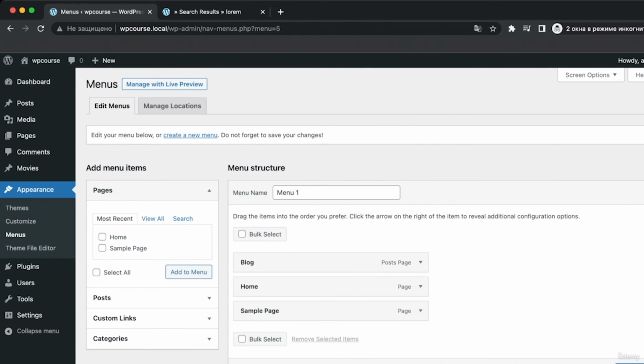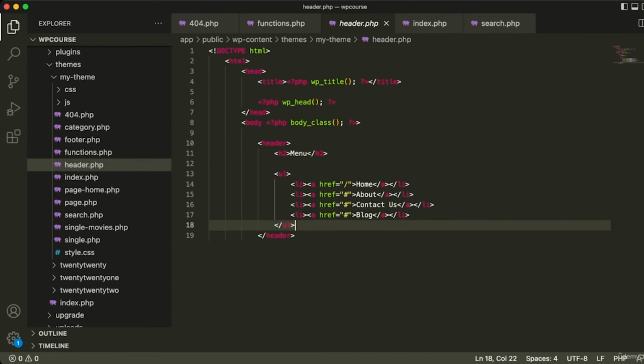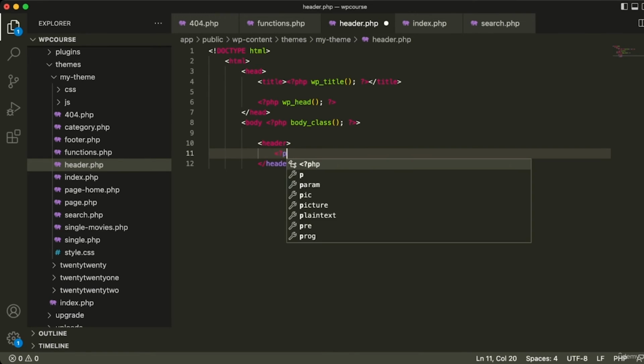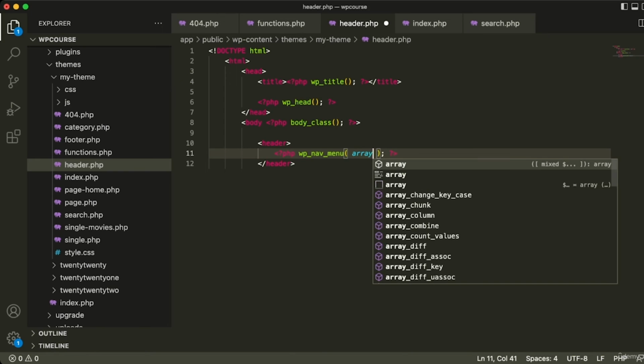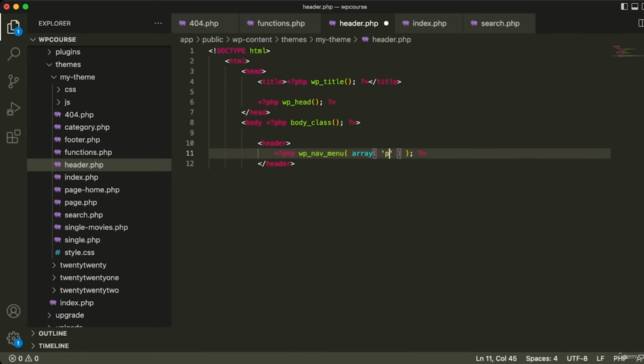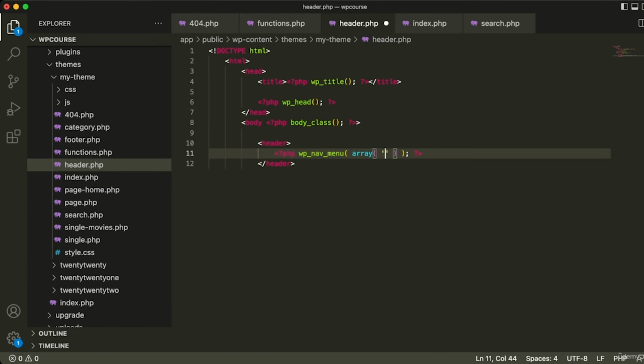And next thing what we need to do is show the primary menu in the header.php file. So let's get back to Visual Studio Code. Now let's open the header.php file, and let's remove this code. And now we need to call only one function that is named wp_nav_menu, and you need to use this function to print your menu by the slug that you typed here. So now we copy this, and we go to the header.php, we type that we want to print menus that have this slug, and save it. And now let's get back to the website,